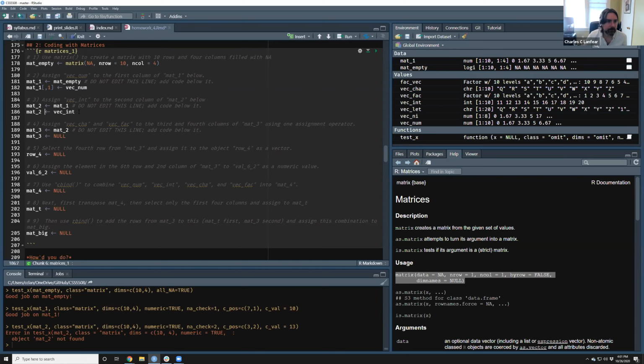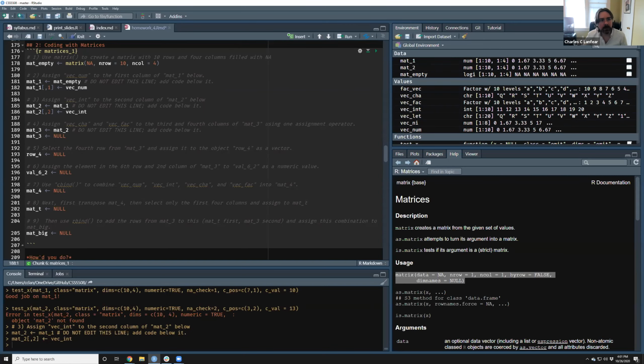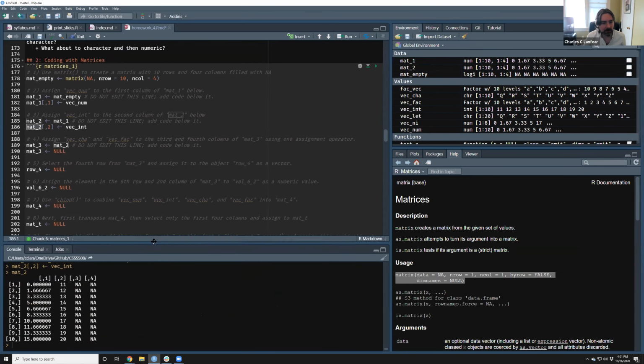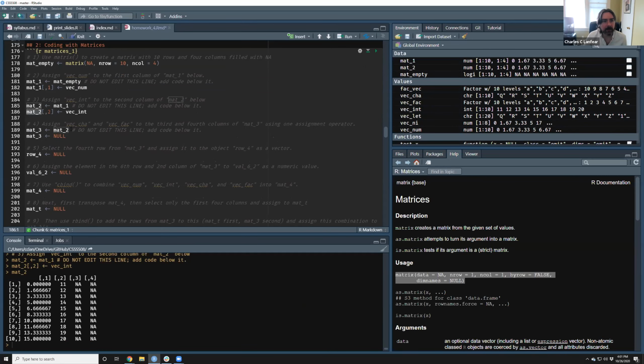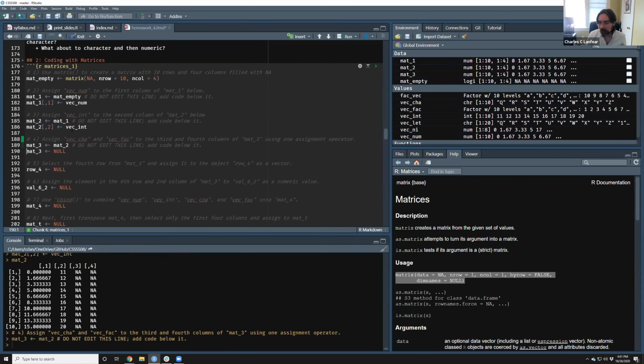Yeah. It's just repeating the same one. This will send it over. If I look at mat2, mat2 now has our integer vector in the second column and our numeric vector in one. Okay, now shake it up a little bit.